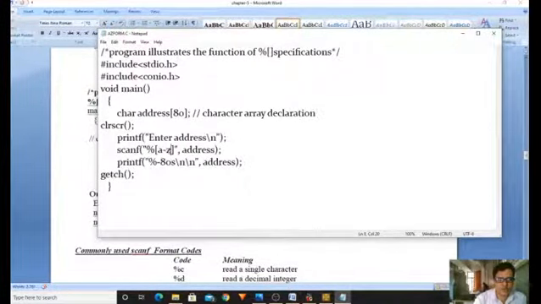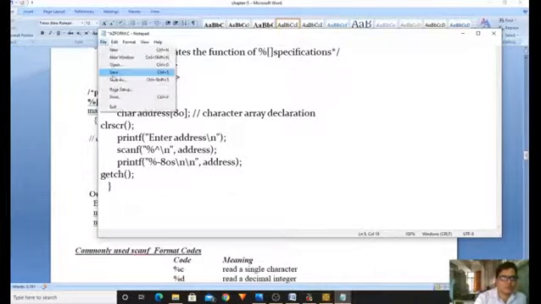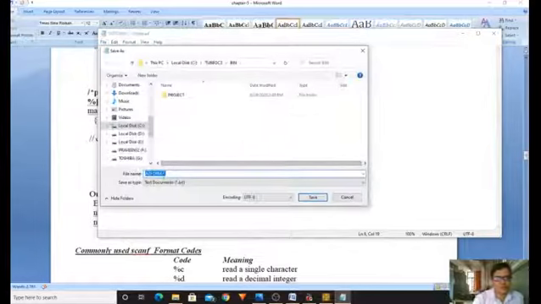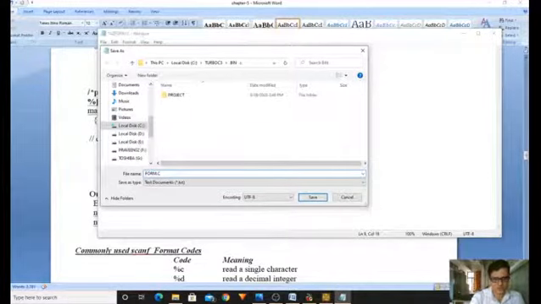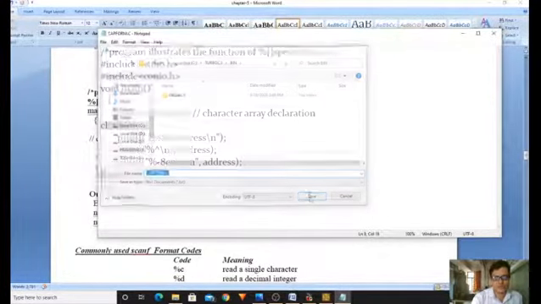Here we are supposed to use the cap symbol, that is caret, which means Shift 6. Okay, now I am saving this file as capform.c.